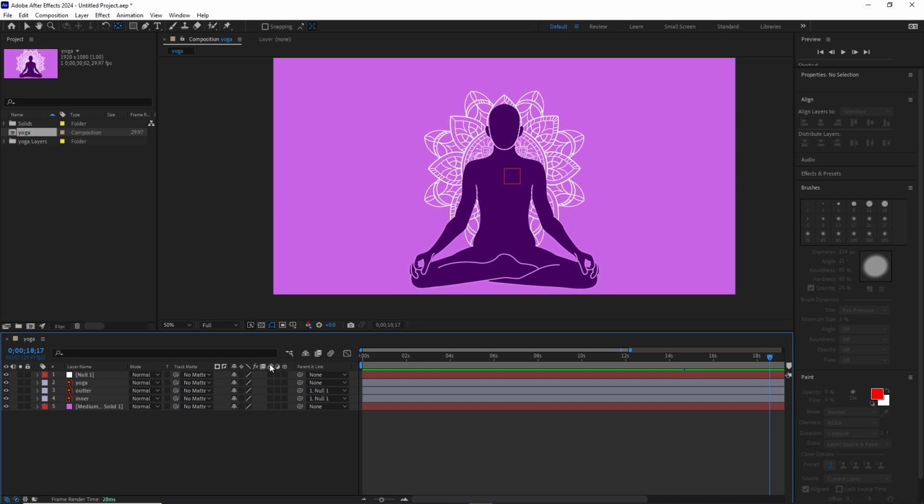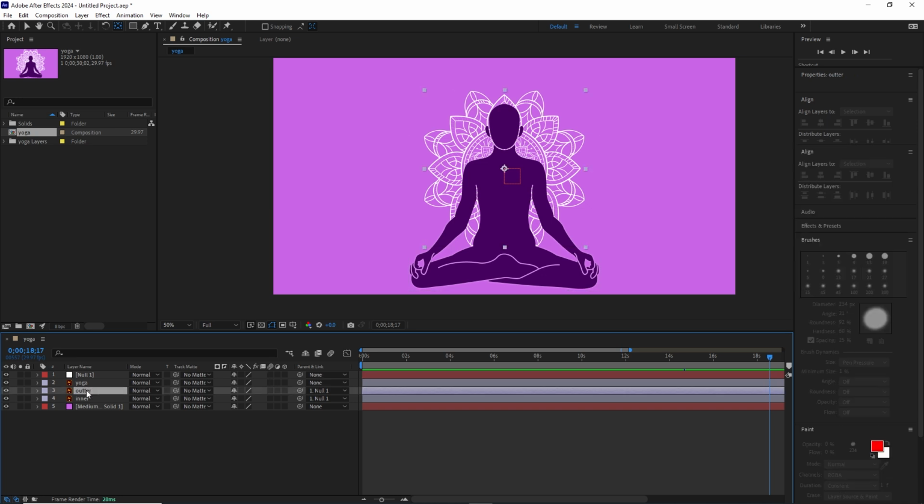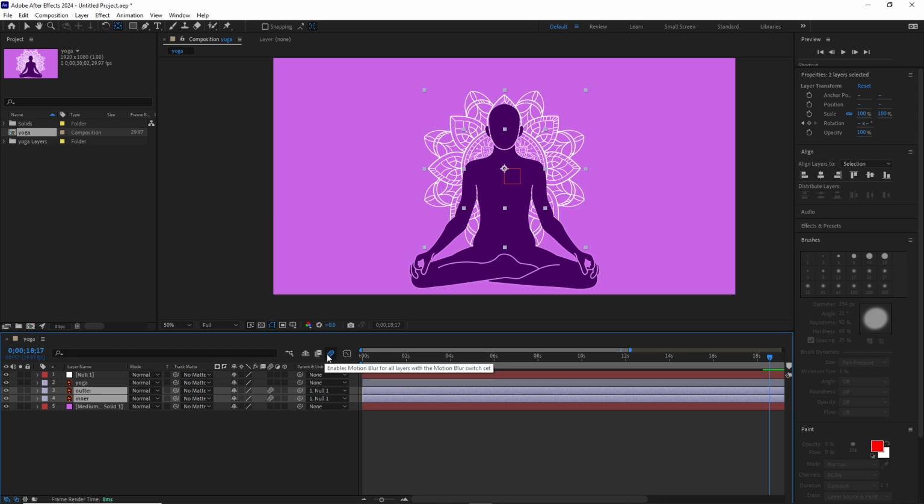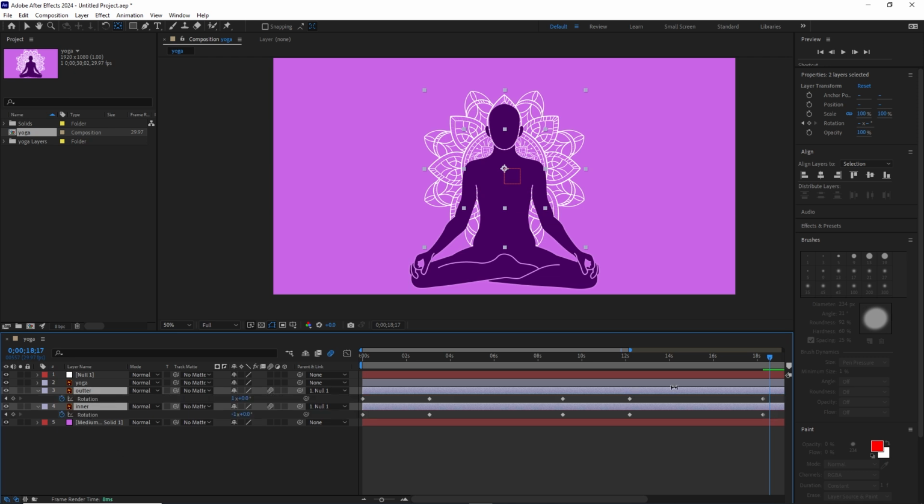This is optional, but this one is motion blur, and I'm going to put the motion blur for the inner and for the outer, like so. Right now this has to be checked, enable motion blur, but it is going to check this automatically. And right now what I'm going to do is click U on this inner and outer,